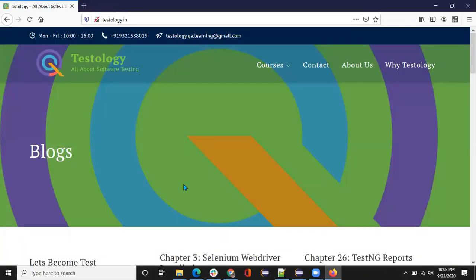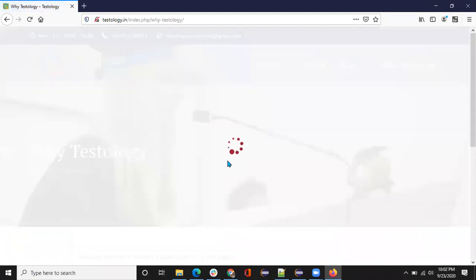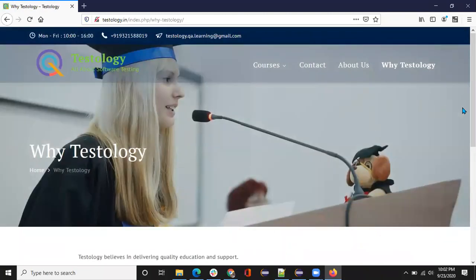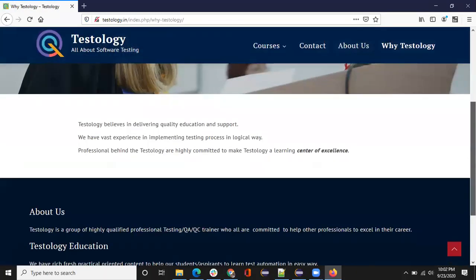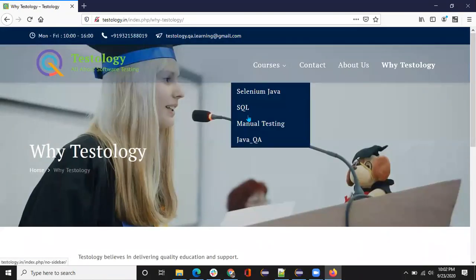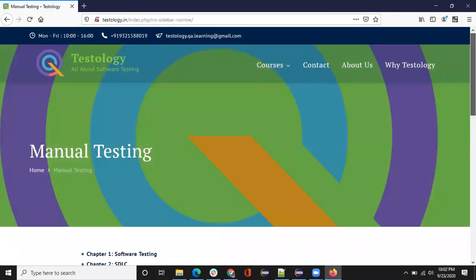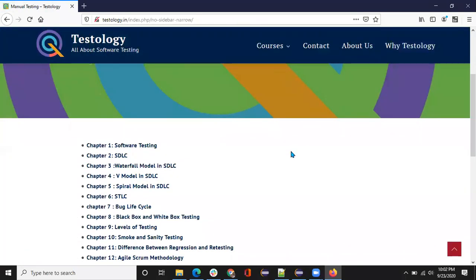And then whenever I click on something, let's say Why Testology, you see it's taking time to load again. And sometimes when you click on something, the elements here, the content of the website,